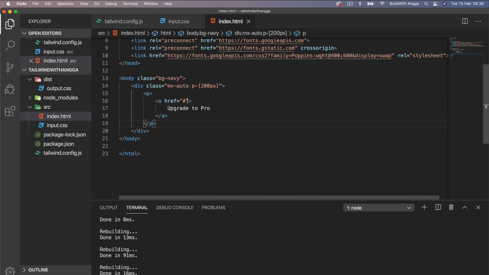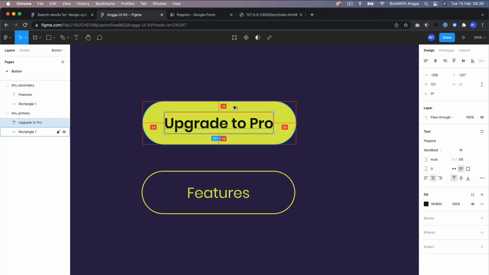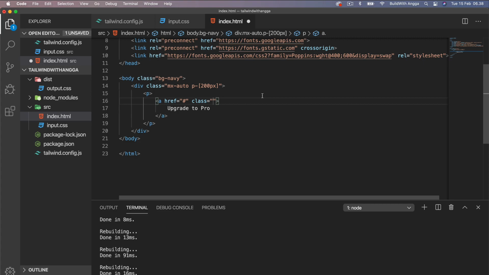And after that we need to register and use the default classes that Tailwind has provided for us. Like if we take a look here, we do have this padding of 24, so it's supposed to be py 24 pixel, and then px supposed to be 12 pixel.